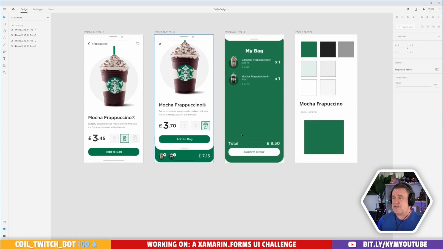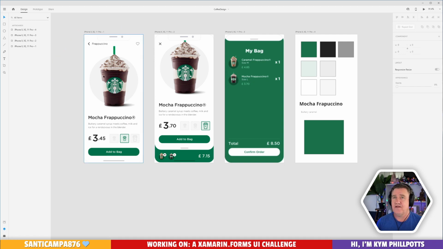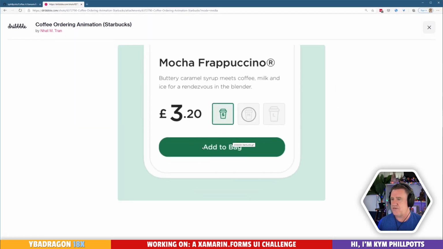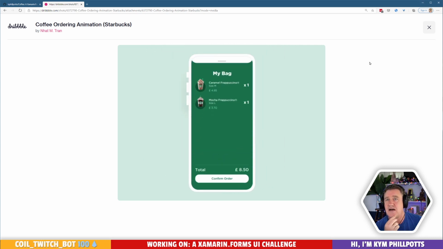All right, so we've captured some screens here. We've got some colors and we've got some fonts out of here. I was thinking maybe today we'll try and tackle as much of this first page here as we can. And there's this cool animation for these numbers animating. If we come and have a look here, we can see it. Basically, this animation here. And I was thinking about how I could do that.